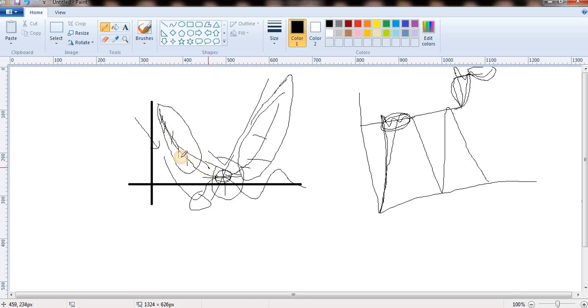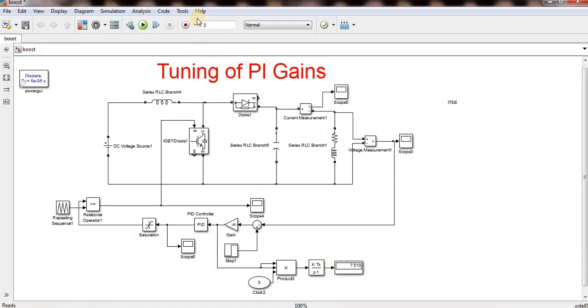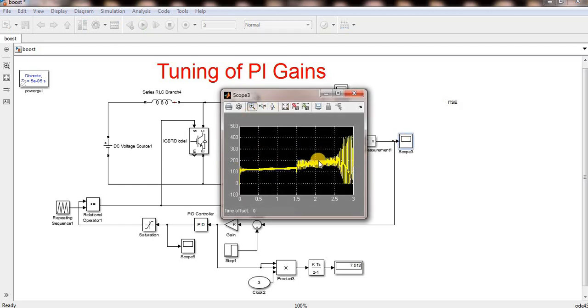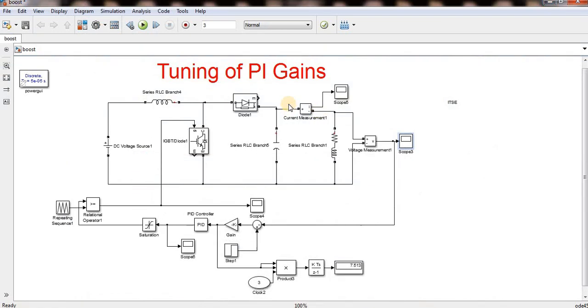Integration I also took, because I have to add all the errors, then only can I get whether I am getting a better value or not. So integration of time, because it will be affected for a particular time only. If I take more time, more we have to take. But the thing is how much time we have to take for tuning a PI. This depends on your response time and your output time, how much time it takes to stabilize your output. But basically you have to take more time to get accurate values. That is the thing. So this is the tuning of the PI gains.